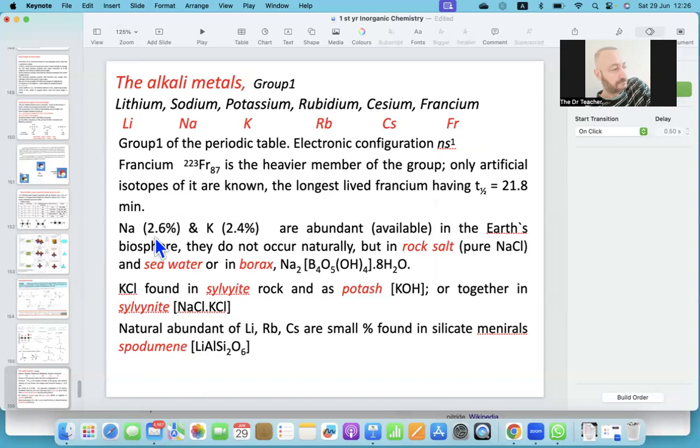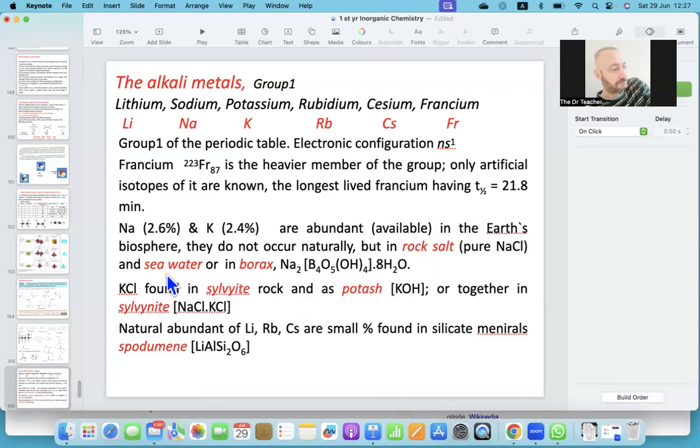Sodium, 2.6% found in nature. Potassium, 2.4 percent are abundant, available in the Earth biosphere. They do not occur naturally as free metals, but in rock salt. So in rock salt, we can find sodium as NaCl, and salt in the seawater, and in borax. The borax formula is this one. So most of the sodium can be found in the borax